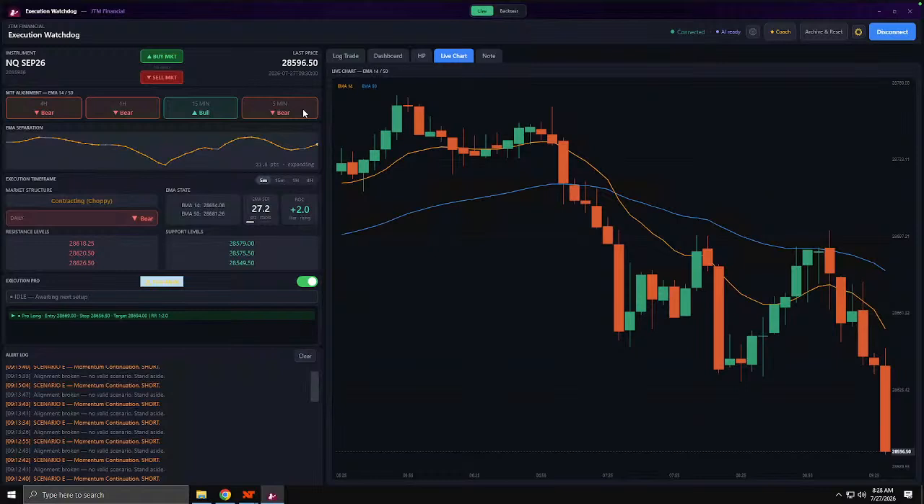So 5 minutes is strongly bearish. 50 minutes, it's just hanging in there. But I think if we continue to go down, we'll see what it does. Our EMA separation, we can see we've been pretty much